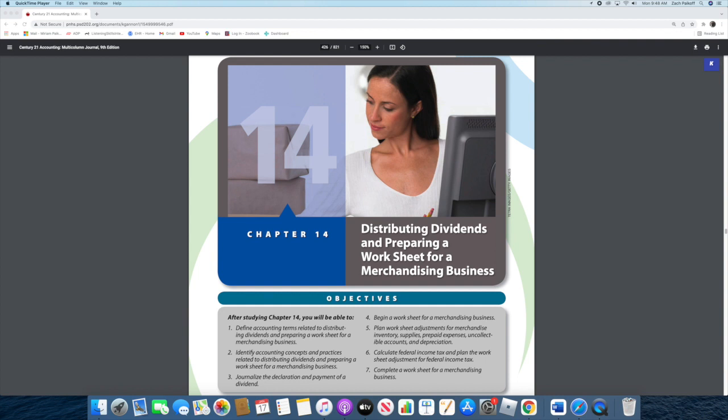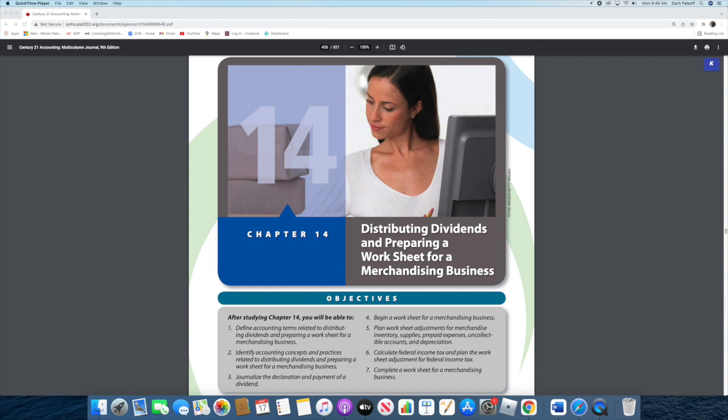So we're starting our new chapter today, and in this chapter, we will be learning about how to distribute dividends and also prepare a worksheet for a merchandising business. In addition to that, we will also be learning about how to define accounting terms related to distributing dividends and preparing a worksheet for a merchandising business, identify accounting concepts and practices related to distributing dividends and preparing a worksheet